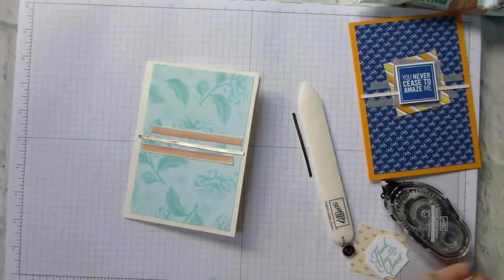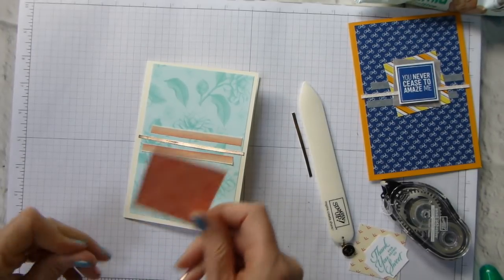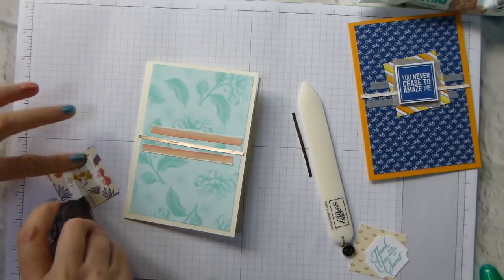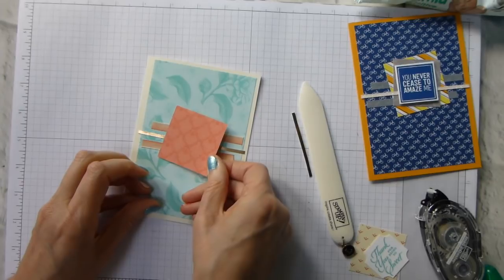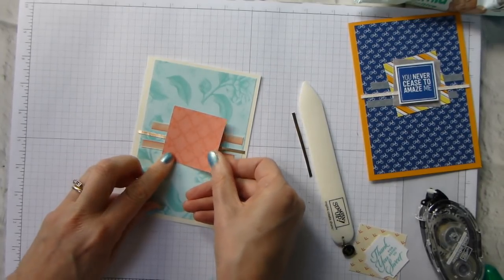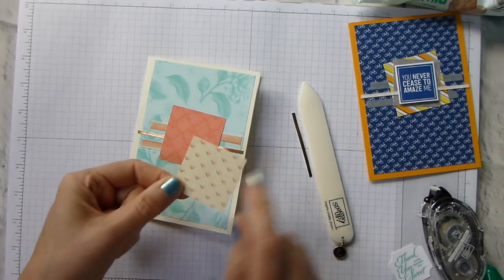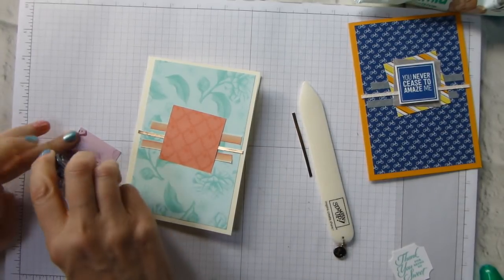Right, okay, so where was I? Oh yes, here's a piece of 2x2 predominantly Calypso Coral paper. So again, adding some snail to the back of that, and pop it down at a not massive but slightly jaunty angle. And then I've got a piece of this vanilla with the Calypso Coral on it, and again add some